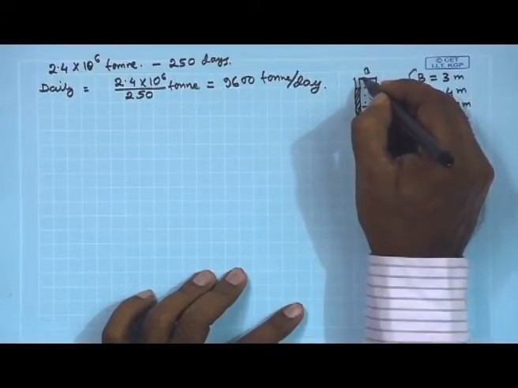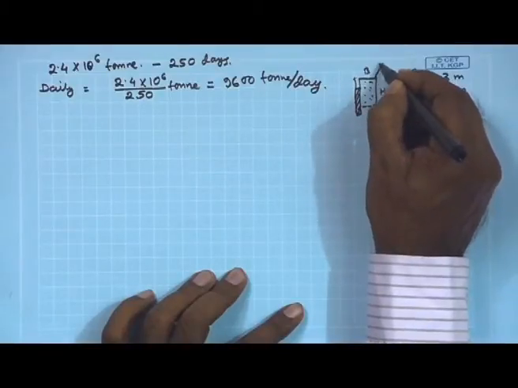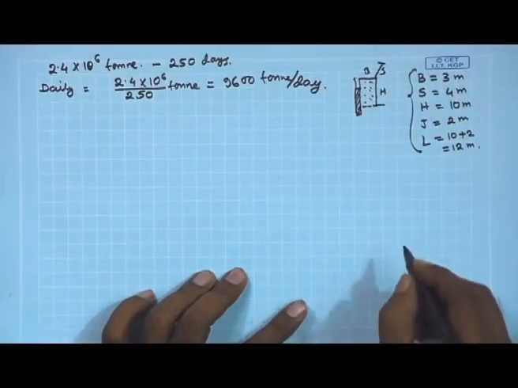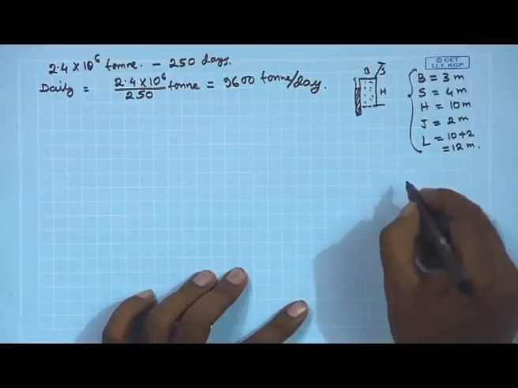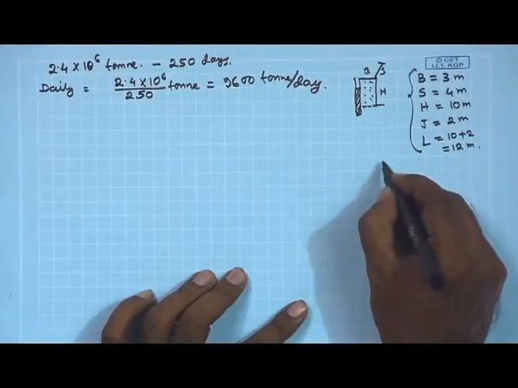The portion of rock which will be blasted at this side is equal to one spacing length. So, the yield from one blast hole